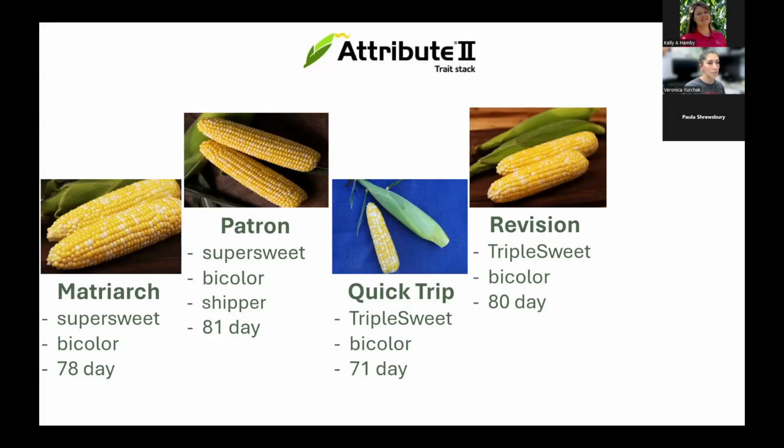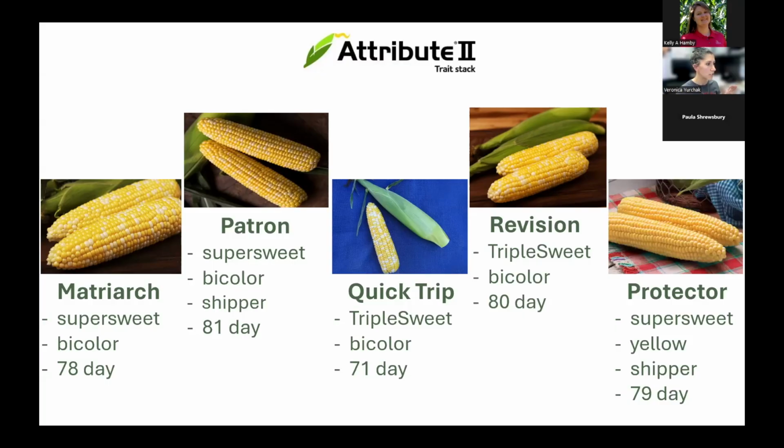It's my understanding that a new batch of seed was not produced for 2026, so going forward, it's probably going to be very difficult to find seed of Remedy. The replacement is this variety called Revision. And then just one more is Protector, which is another shipping variety, and it's the only not bicolor